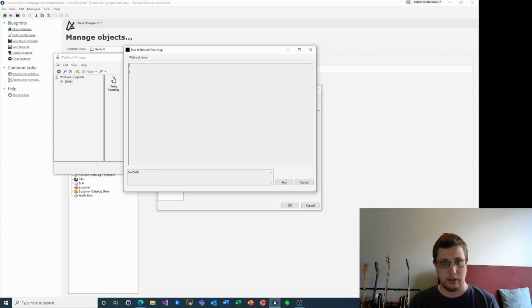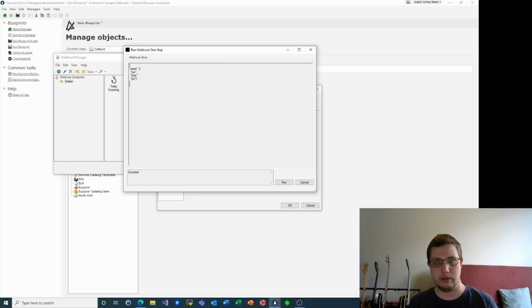Let's say this webhook is just going to send me a list of currently logged in users or something like that. So let's say users, let's say this is a JSON array, so we'll put square brackets there, and Joe, Bob, Jim. And as you might imagine, most webhook bodies are going to be a little bit more complicated than this,